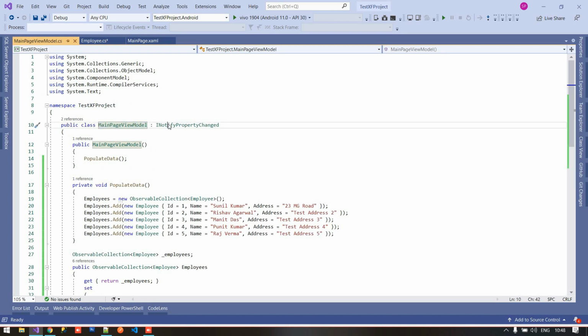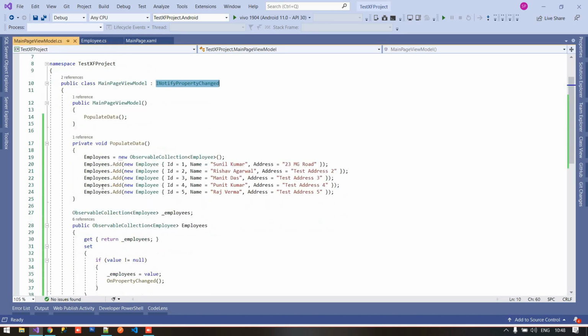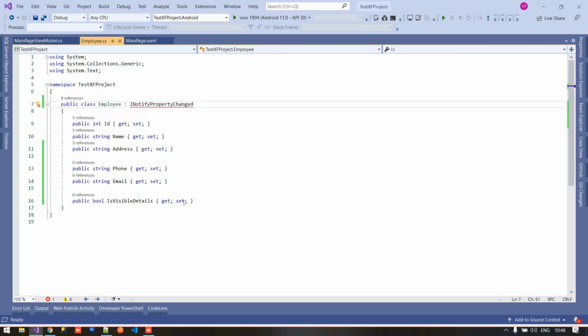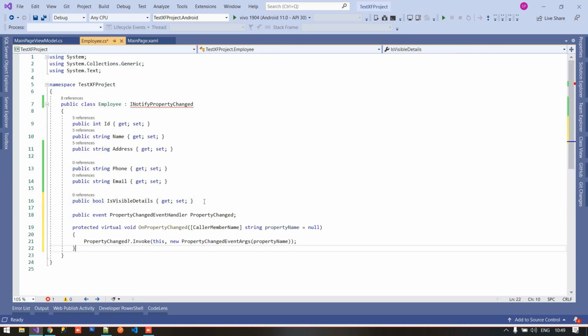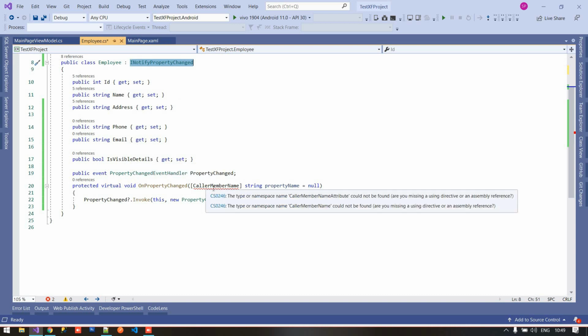So I'm going to copy this INotifyPropertyChanged and also this PropertyChanged event. This is necessary because whenever we want to set true or false inside this property, we need INotifyPropertyChanged implemented inside our class. Without it, the visibility will not work.